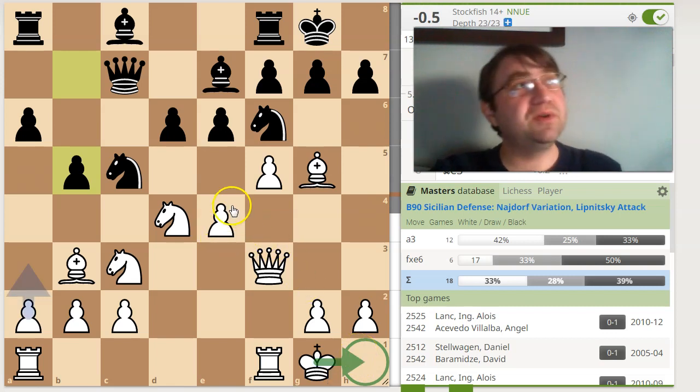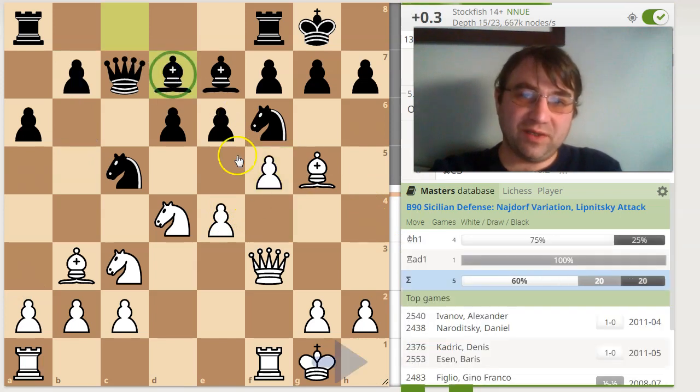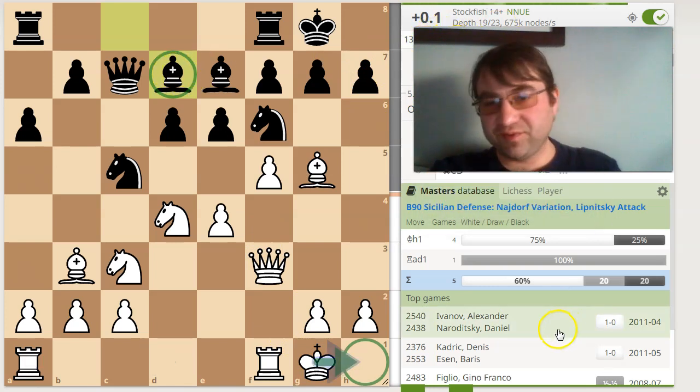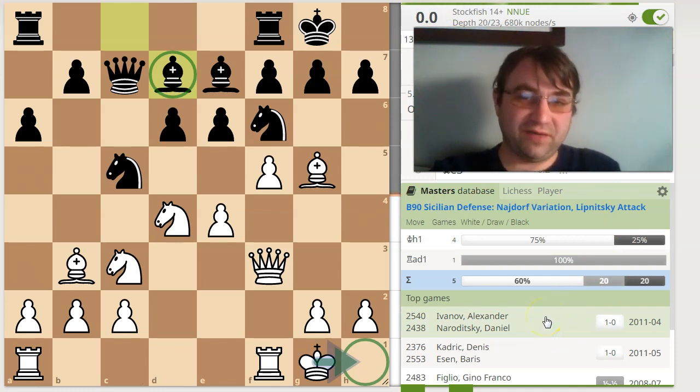So king h1 is kind of a critical safety move that we need to play in these types of positions. Actually, if I go back one move and I play a slightly different move, it's an interesting open question whether or not we should play king h1. But you notice that even after bishop d7, the computer likes king h1. And of course, there was this game, Ivanov versus Noroditsky, that I actually witnessed, where Alexander Ivanov did indeed play